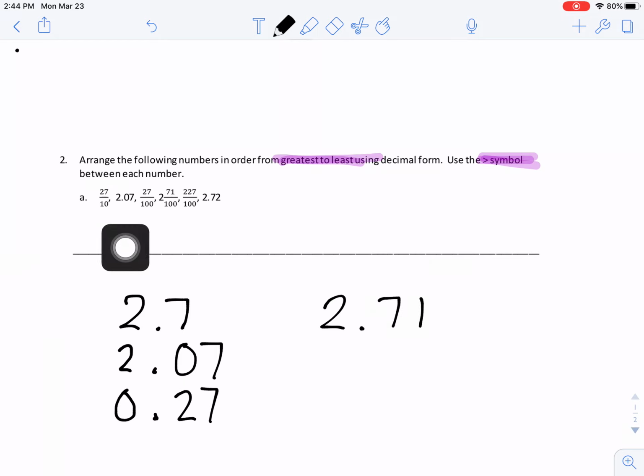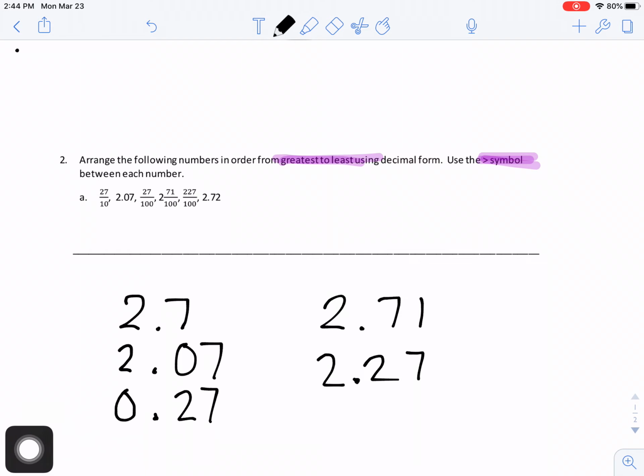My next one is 227/100ths. So I know it's going to end, I'm going to say 227. It ends in the hundredths place here. I need to find out where to put my decimal point, and if this is my hundredths, this is my tenths. So that means the next place is going to be my ones place. So I'm going to put my decimal there. And I have 2 and 72/100ths. If I put them in order from greatest to least, I notice that they all start with a 2,